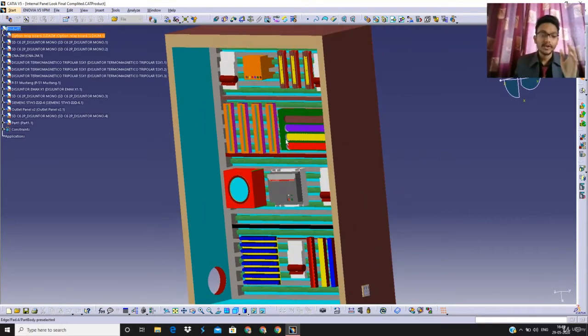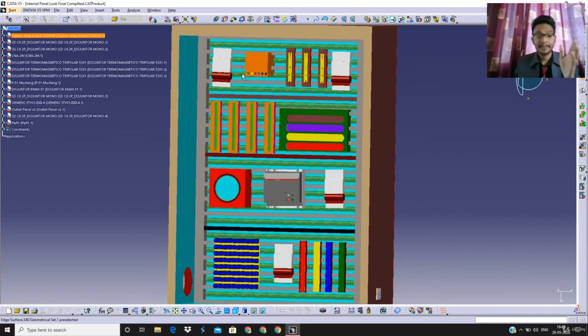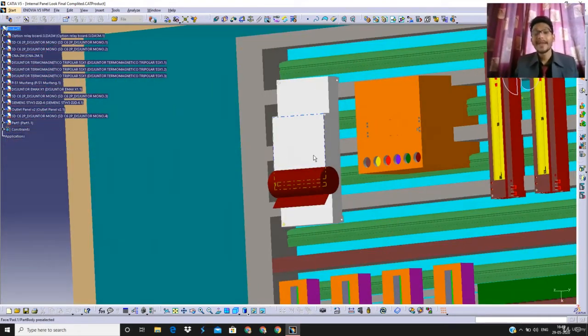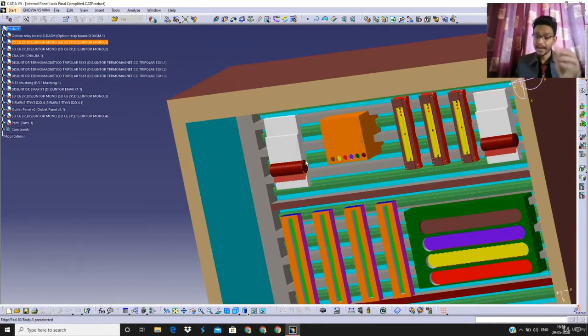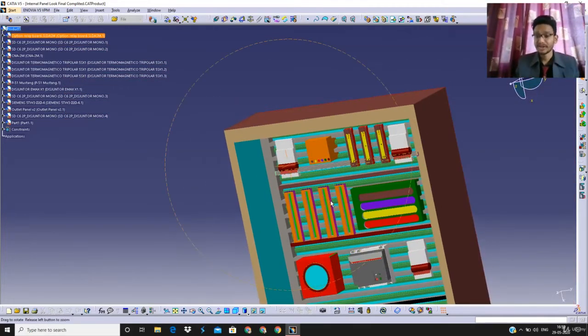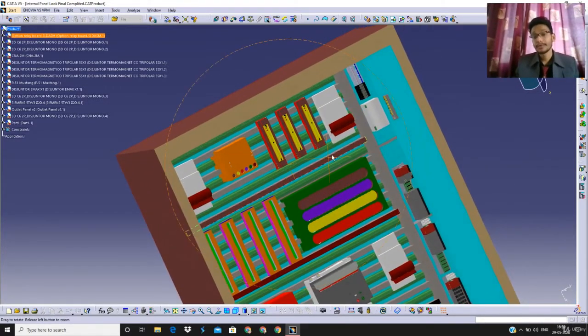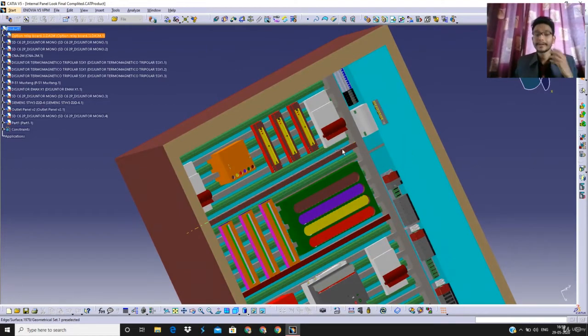So the first component is the circuit breaker, which acts as a protection board of the system. As you can see at the left corner, there is an MCB, which we call a miniature circuit breaker. It is located in every control panel, mostly at the top or bottom portions.